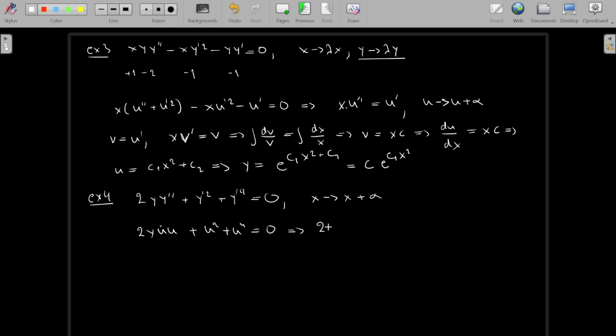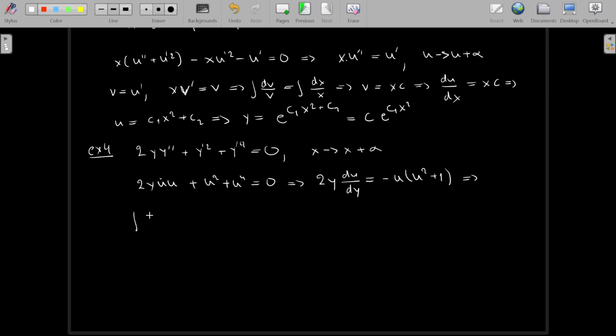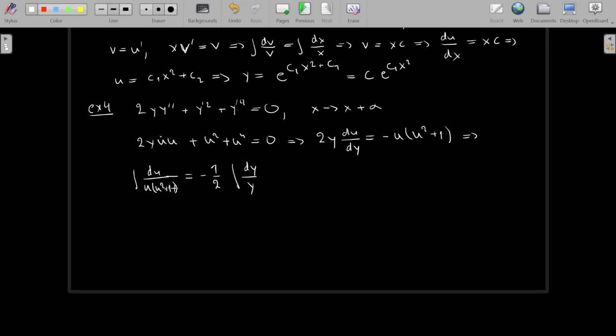And this is nothing more than du dy is equal to minus u times u squared plus 1, which is a separable equation. So u over u squared plus 1 is equal to minus 1 half dy over y. And like we said in some previous lectures, to analyze this, you have u squared plus